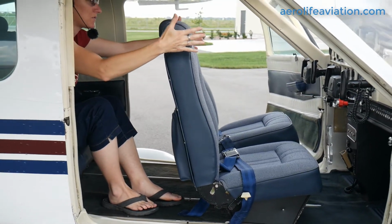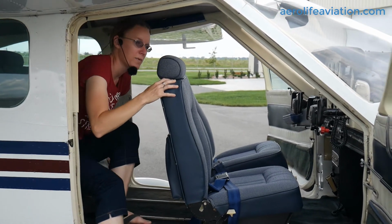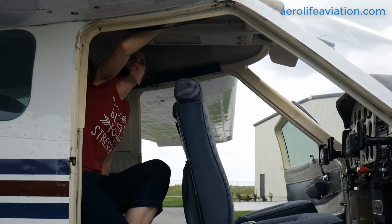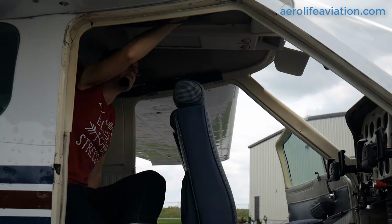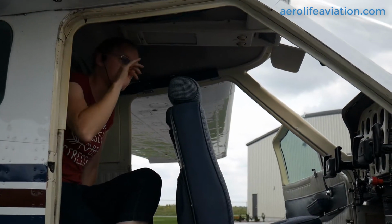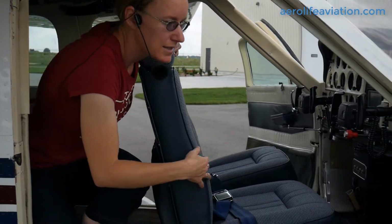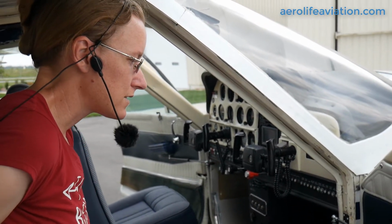It's just a really spacious cabin. You've got lots of shoulder room in both the front and the back, lots of space for your passengers to get in and out. The height is nice. It's actually got a bubble in here to give you a little bit more height for taller pilots or passengers. So it's really nice, thought out design overall for everything. If we take a look at the interior condition, just taking a look at the panels and the door,